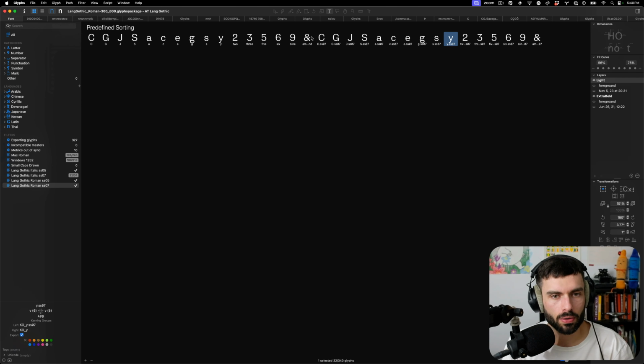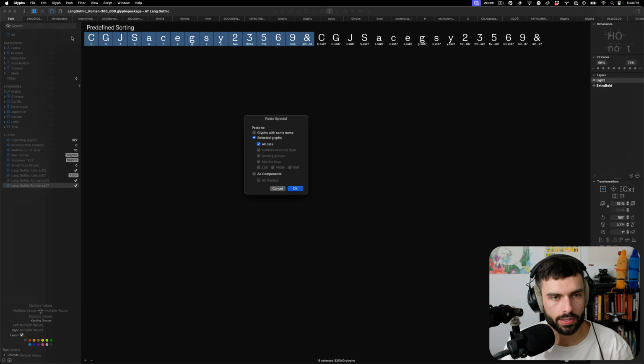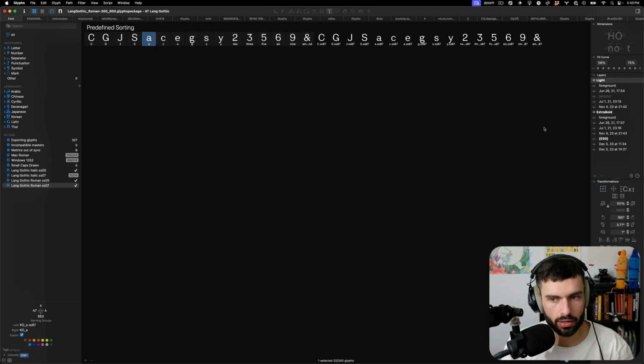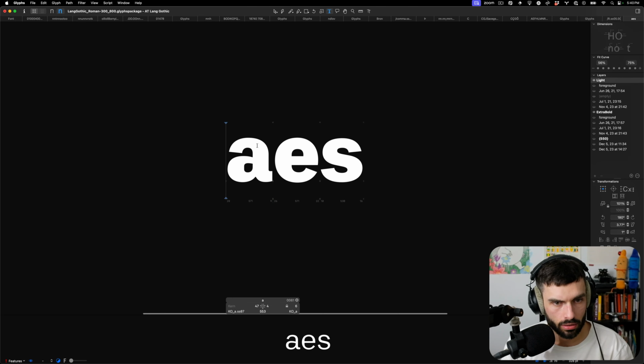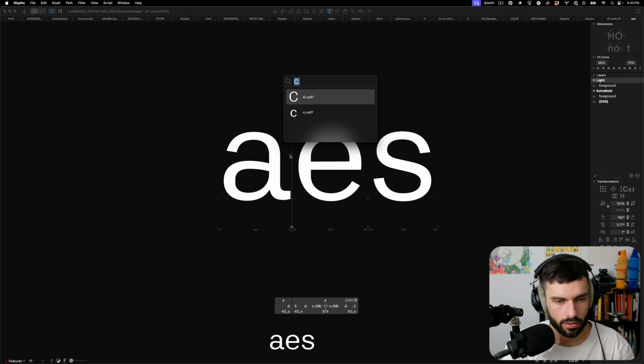We want to copy these alts and paste special into here. And it is pretty important that the order stays the same. So that's why the setup is pretty good. Okay, and let's just check. Good, we've got our special intermediate layers, which is really nice. Let's spot check. Okay, these are both the low flared versions. And